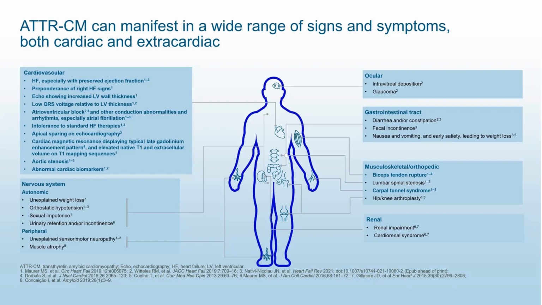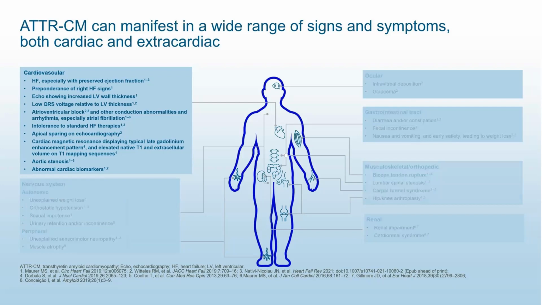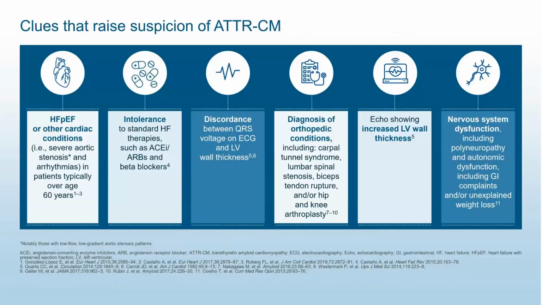He might visit the neurologist, for example, for peripheral neuropathy, carpal tunnel syndrome, muscle atrophy, unexplained weight loss, orthostatic hypotension, sexual dysfunction, and autonomic manifestations of GIT disturbance: diarrhea, constipation, nausea, vomiting, weight loss. He may be referred to the ophthalmologist for intravitreal depositions and glaucoma. He may be referred to orthopedics for biceps tendon rupture or carpal tunnel syndrome, and of course to the nephrologist